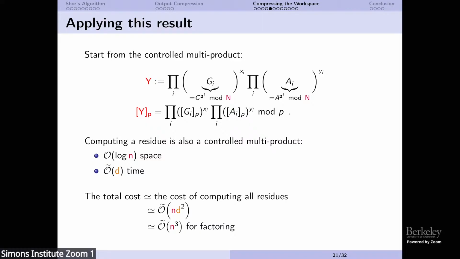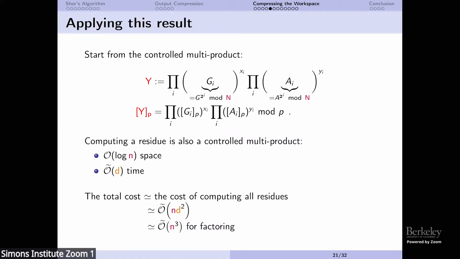This is y, and we want to compute y mod n mod something. And these are the residues that we're able to compute. You can see that since we're computing mod p here, everything is in log n space. So this is space efficient. Computing them is pretty much equivalent to what we did in standard Shor's algorithm. You can, for example, do a controlled multi-product with many multiplications. You can do a bit better than that with optimizations, but I won't go into these details.